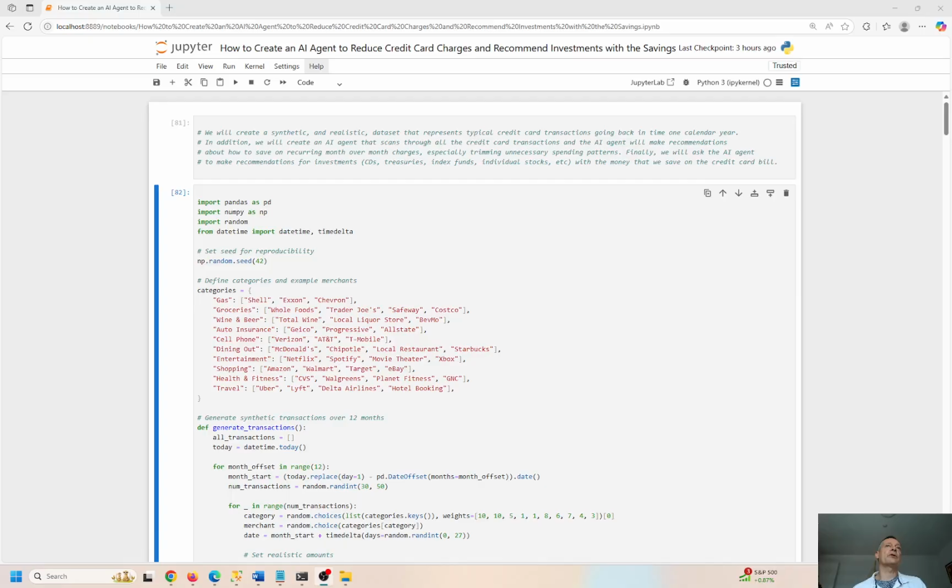We want to try to control the charges on our credit card and not let it get too wayward, right? And then try to do a reversal here, an about face, and take this money that we can potentially save from charges on our credit card and spending too much money, and actually invest that in the stock market. I'm going to ask the AI agent to make recommendations for me to use this extra money to put into some type of investment product.